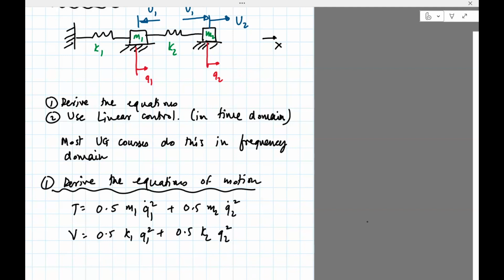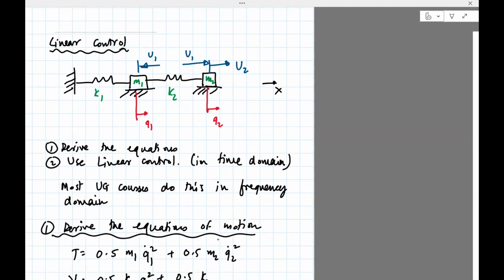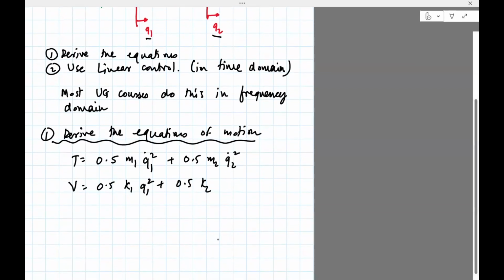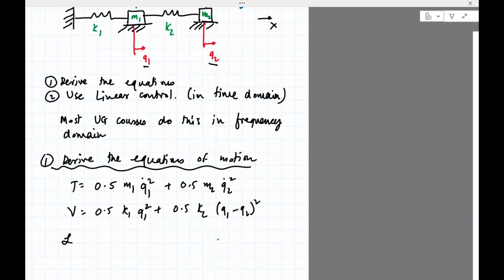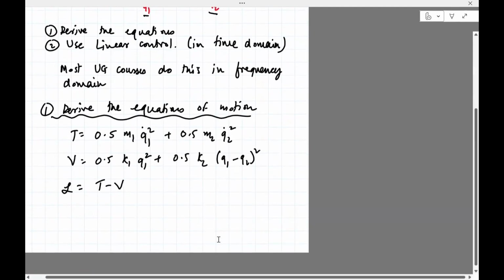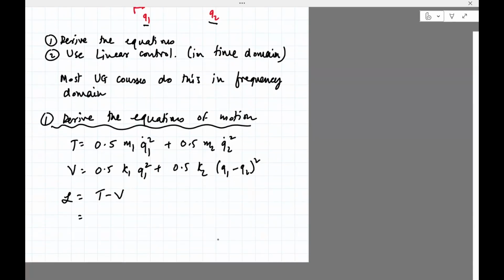Sorry, my bad. This is not right. So for spring 1, you can see the stretch is q1, but for spring 2, since q2 and q1 are both moving, this will actually be the difference between the two. Okay, so the Lagrangian is T minus V, 0.5 m1 q1 dot squared